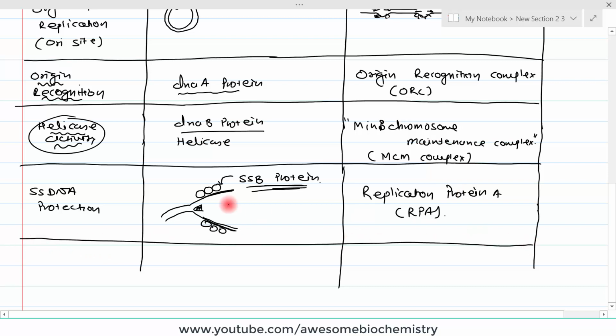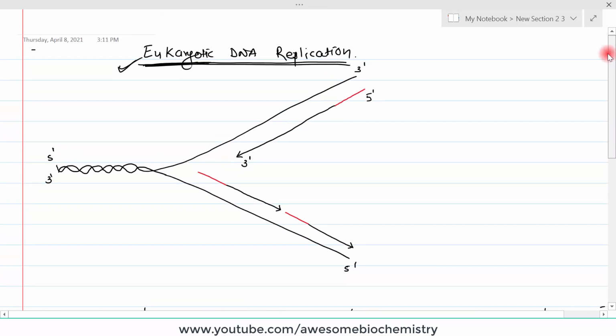Now once we have a nice replication fork formation just like this, what is the next step? The primer has to be synthesized. This is an RNA primer. This red part is the RNA primer. How the RNA primer is formed and why there is a requirement of RNA primer, we had already discussed in my previous video. This primer is synthesized by the primase enzyme. Actually primase is the name of an activity, the primase activity of one protein that is known as DnaG protein. This protein has a primase activity, and synthesizes this RNA primer, which I have shown in this figure